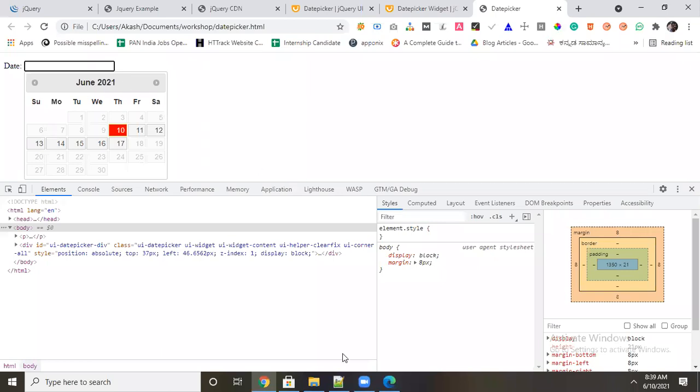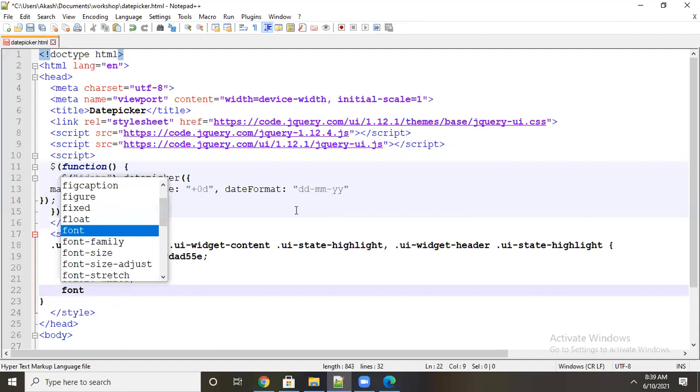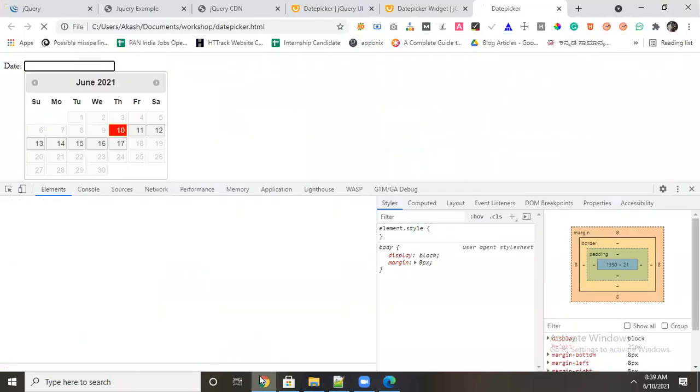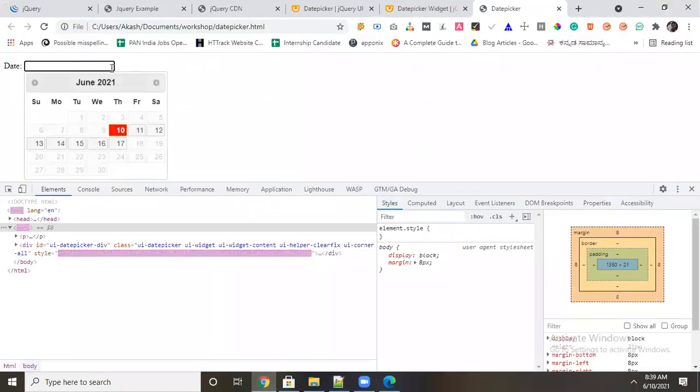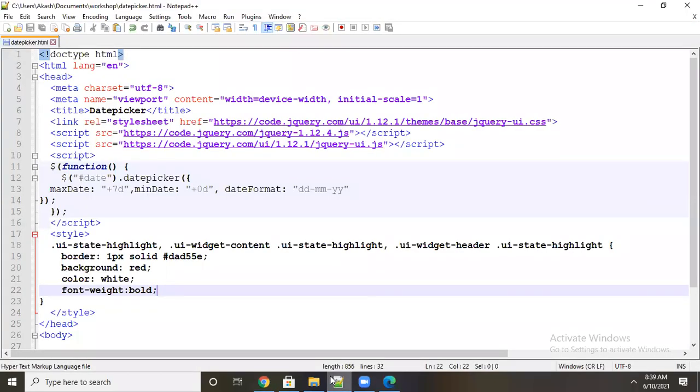If you want to make it bold, font-weight bold. Now you can see it is bold. Like anything, we can customize it. That is also a possibility there. That is the reason you should know the fundamental things.